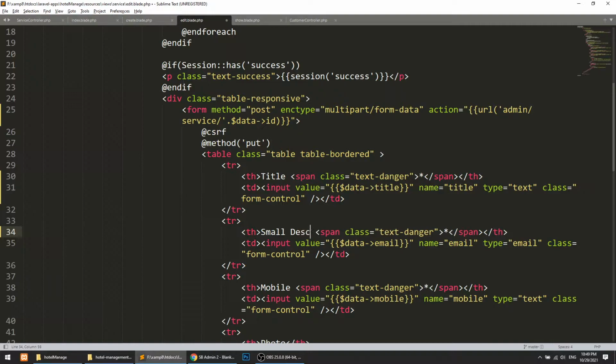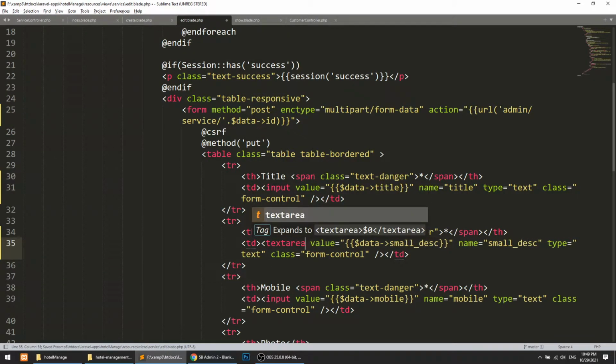The name is also small description, and instead of type text, simply use a text area. We don't need this type actually.